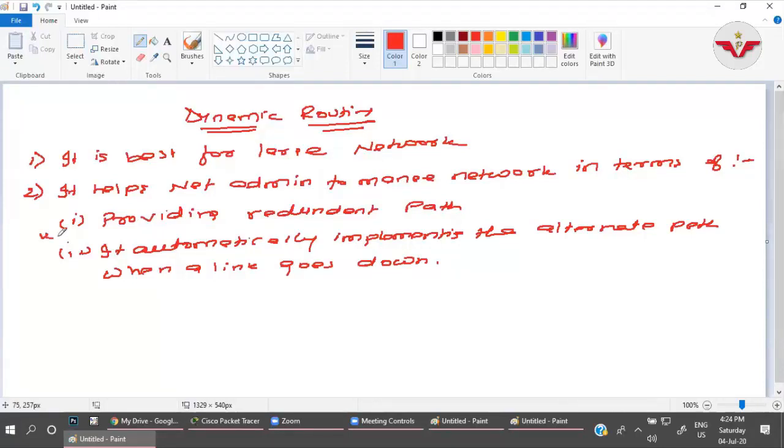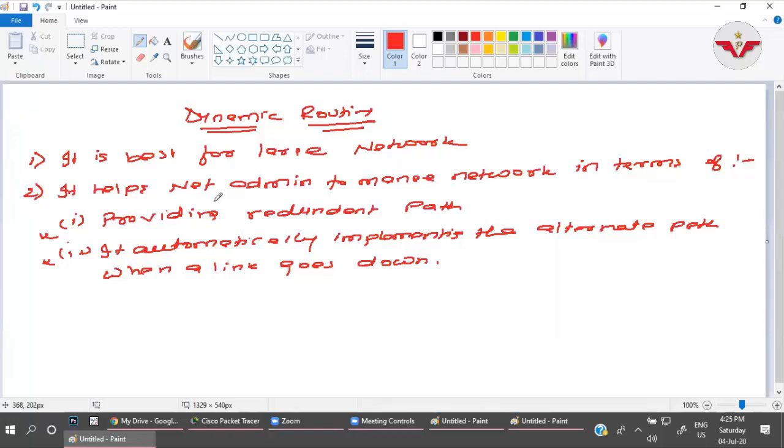If you understand the first point, the second point is already clear, right? The first thing is it is best for large network. We know why, because there is a limitation in static routing, and in dynamic it's automatic. The second point is it helps the network administrator to manage the network in terms of what? It provides the redundant path.